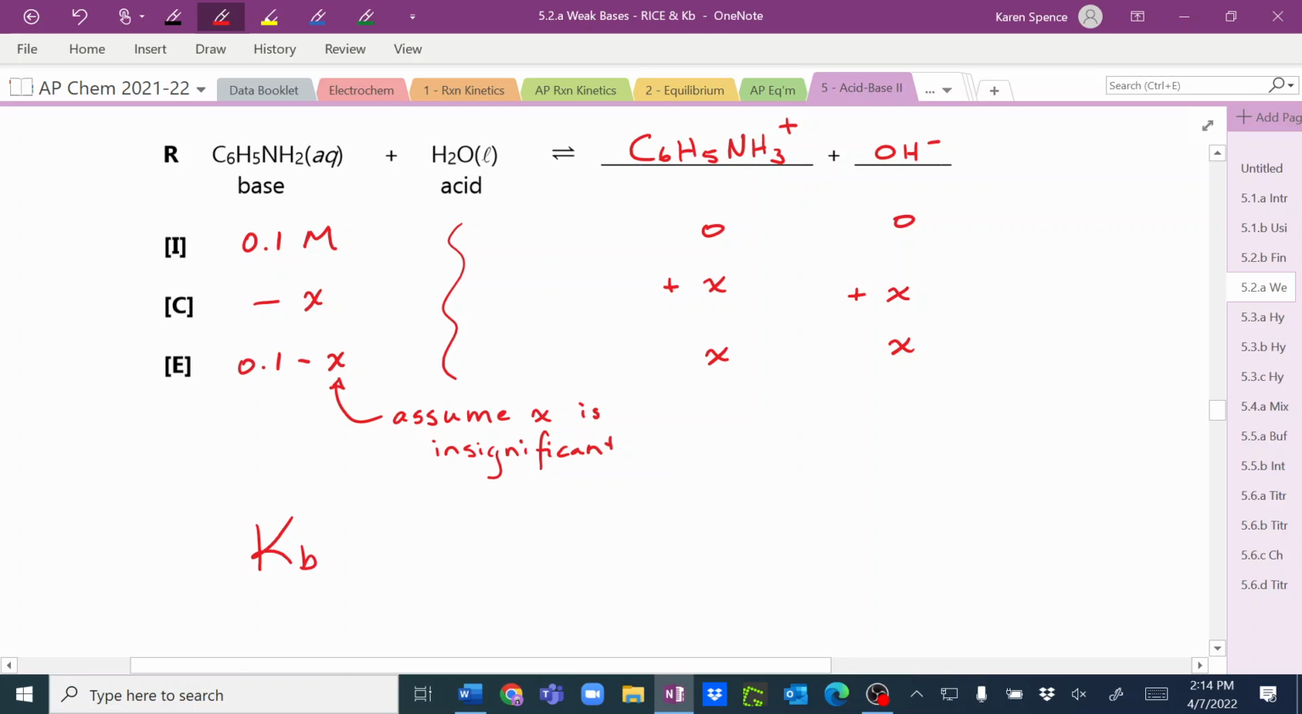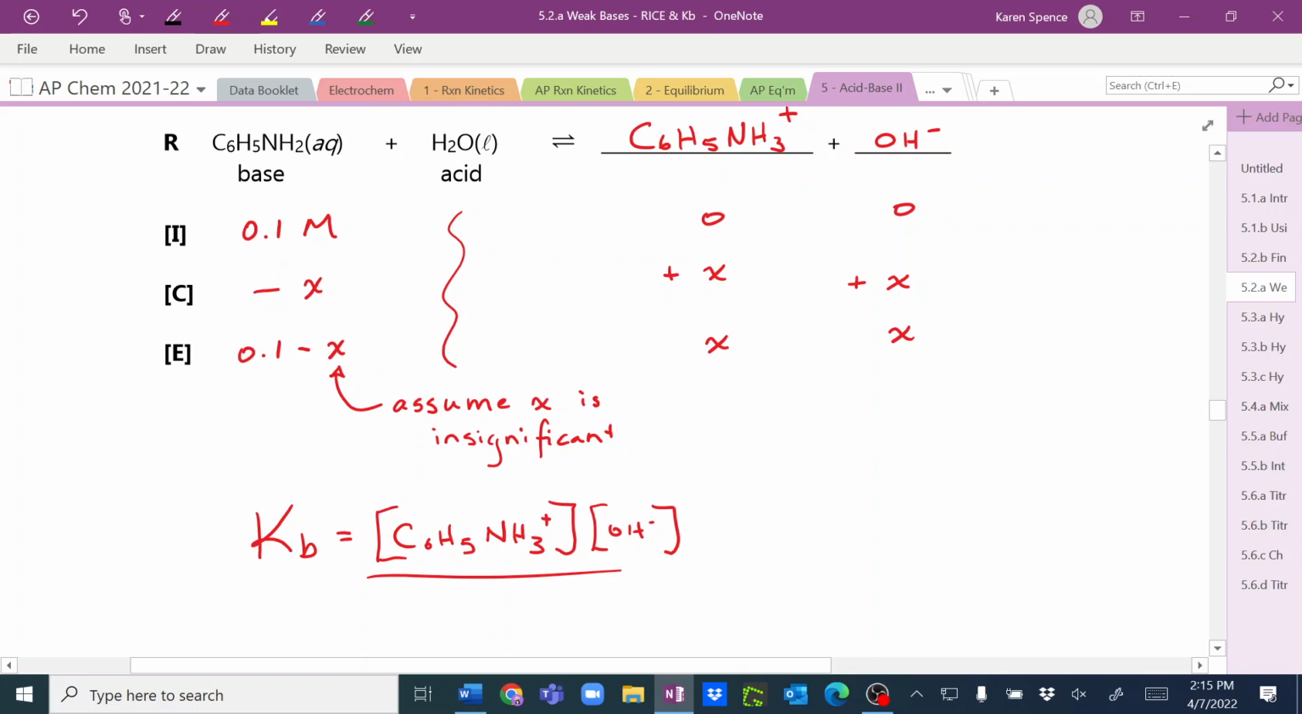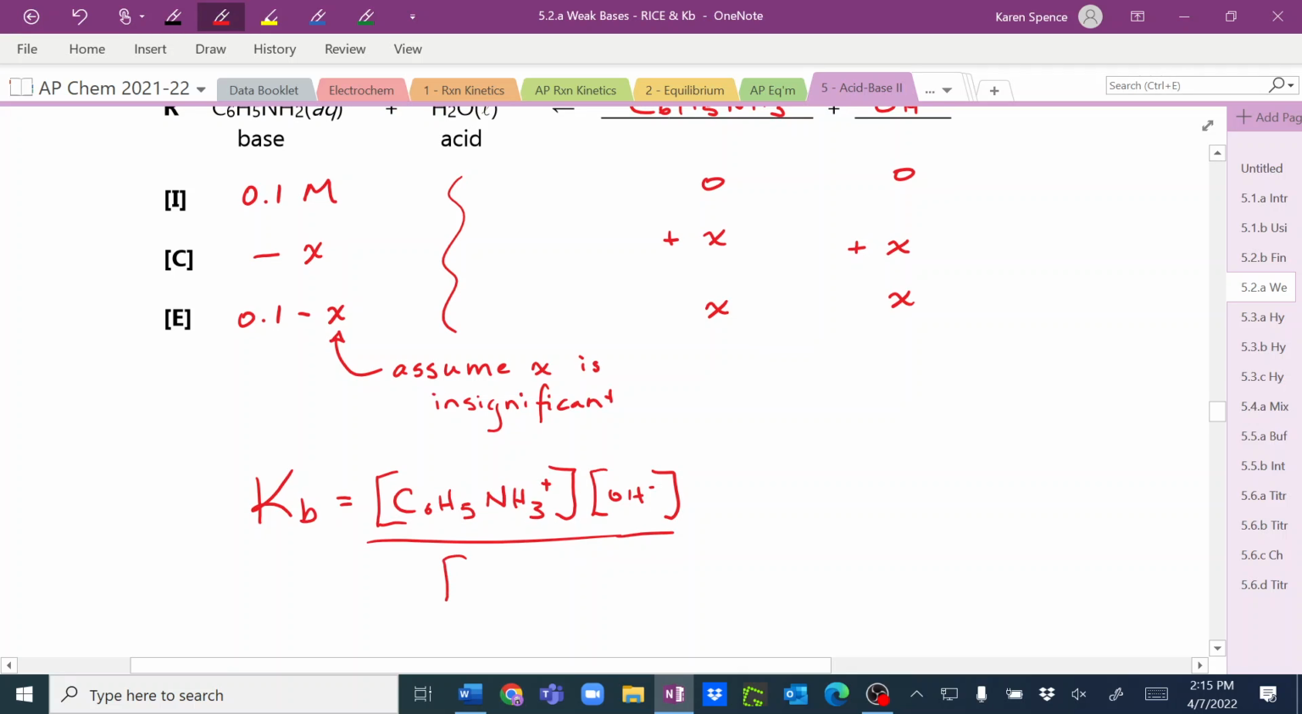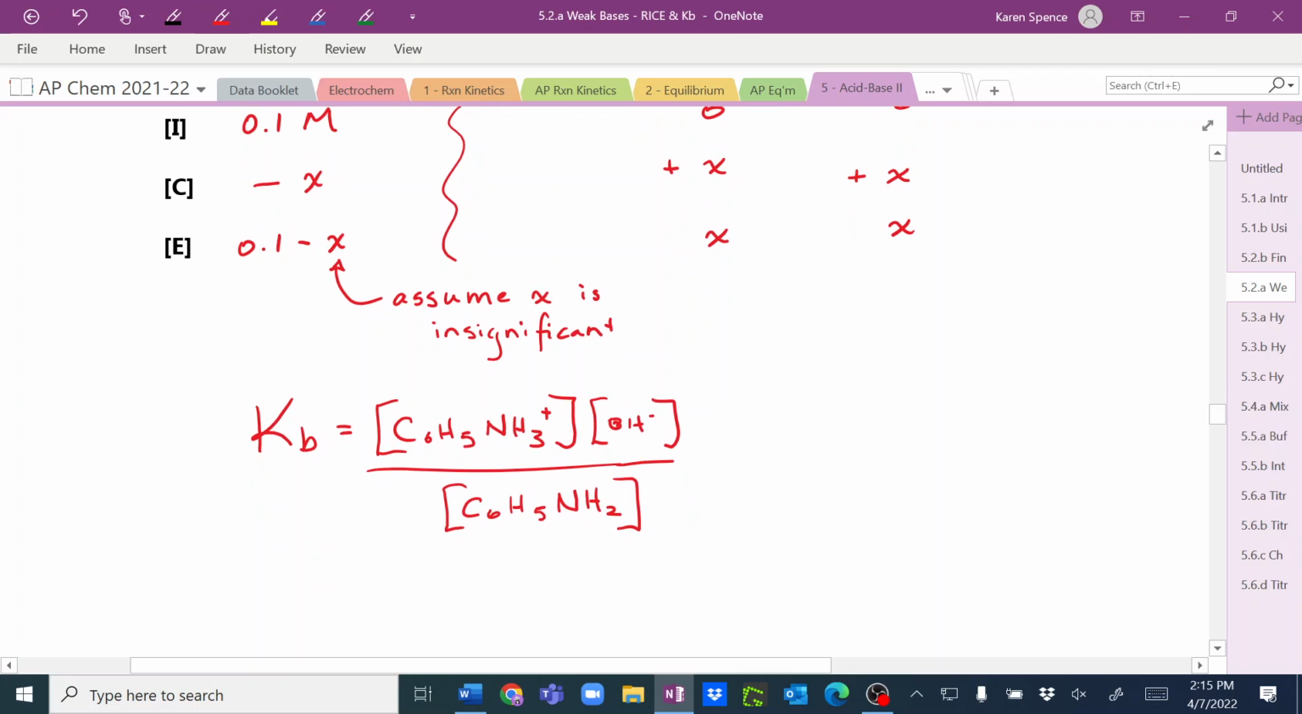K, B. Do you need to write it? Can you just start plugging in x's? No, you have to write the expression: C6H5NH3 times OH over C6H5NH2, equals